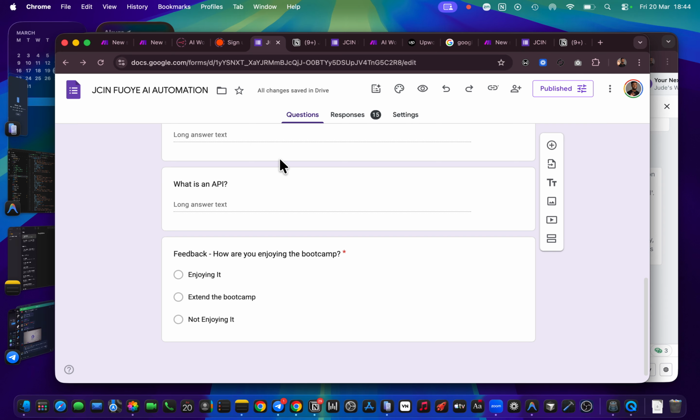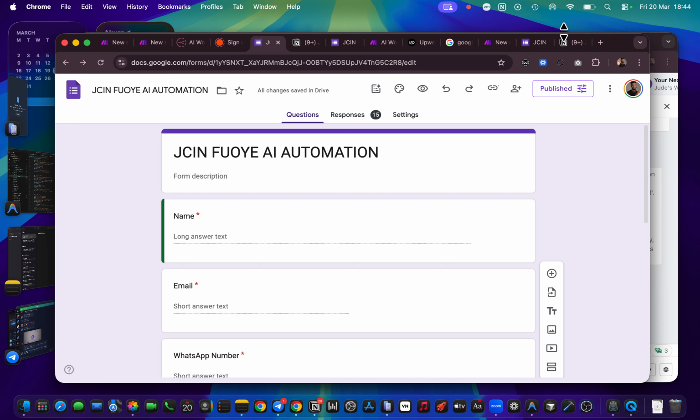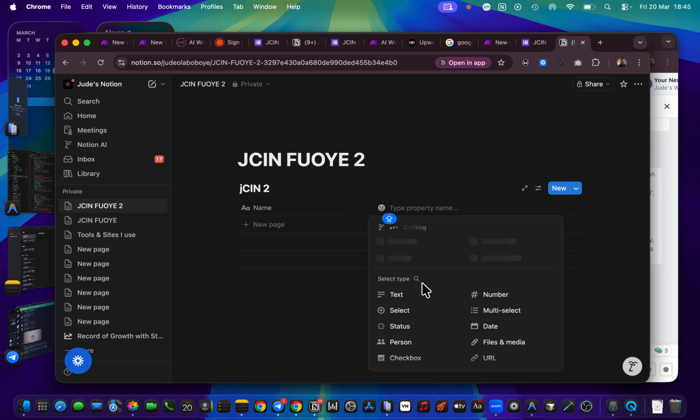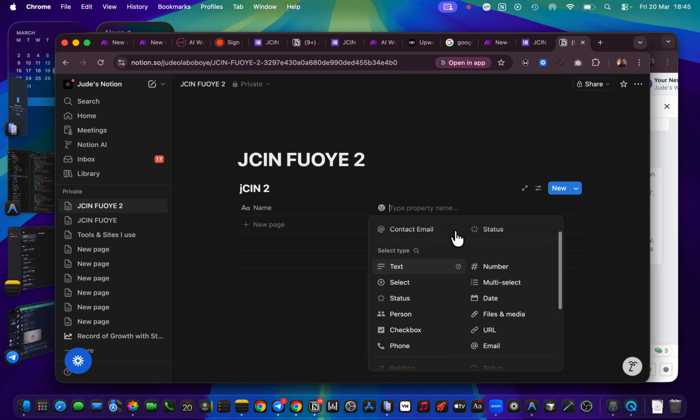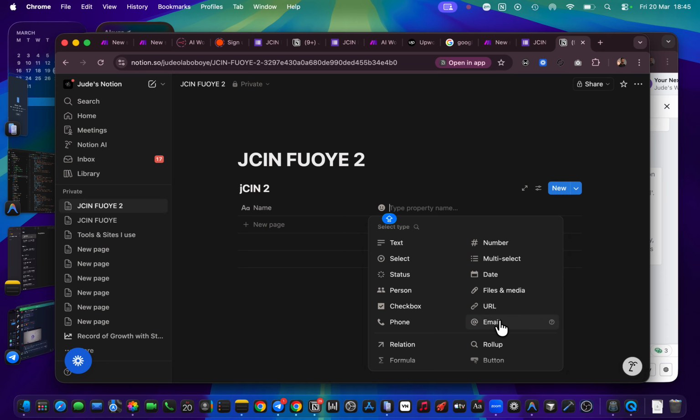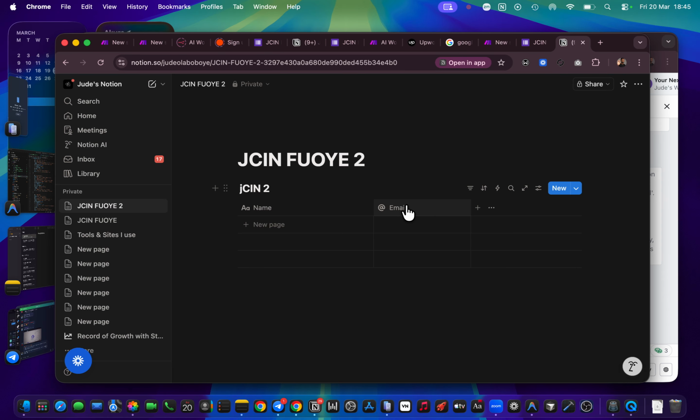If you guys see here, you see what the email is that is next. We have the name already configured. It's a default property by Notion itself. When you created the database, you'll have seen it there. The second property is where you start from, which is the email. You can see these are columns now: the name column and the next column, which is for the email. Now we have to pick the property that corresponds to what we want, which is the email or contact email. They are suggesting this. You can actually use it, or you can just come to select type, which is email here. So that means we want to get email.